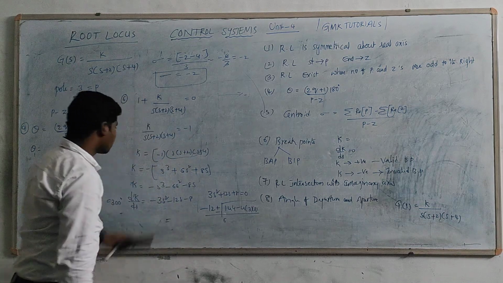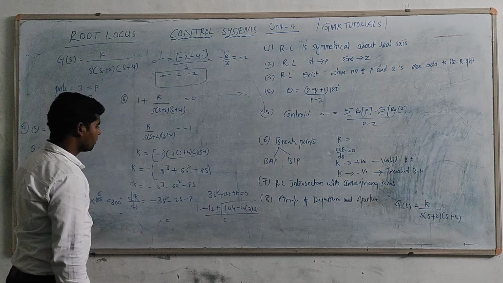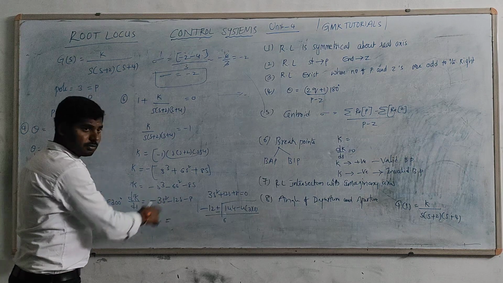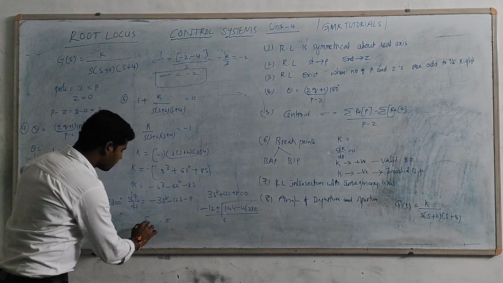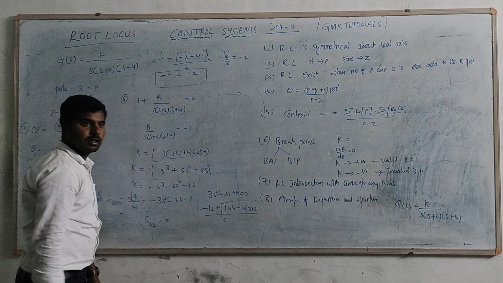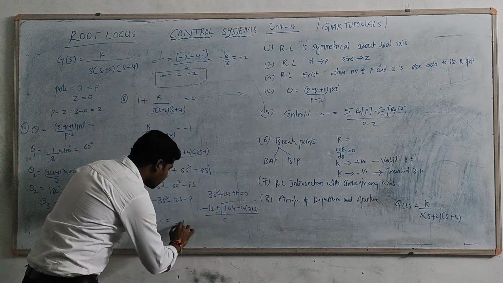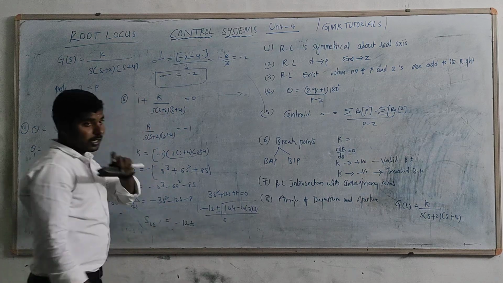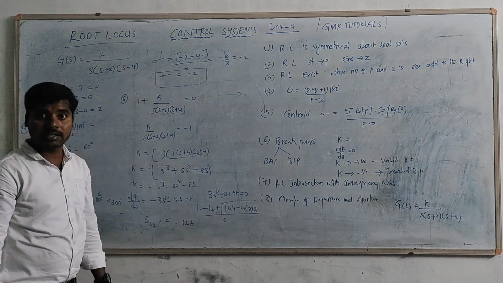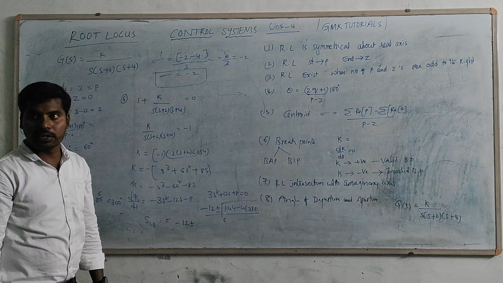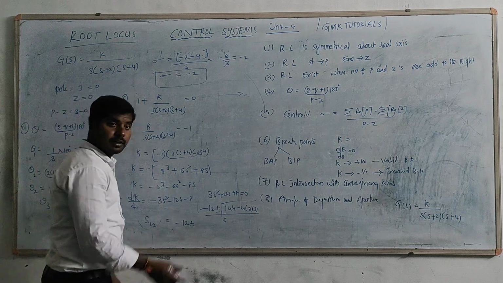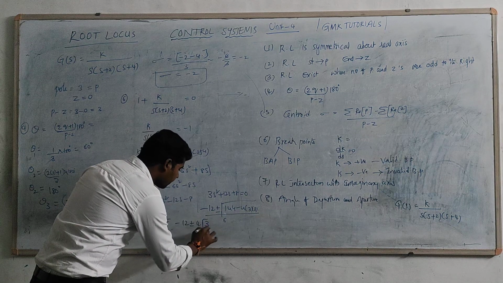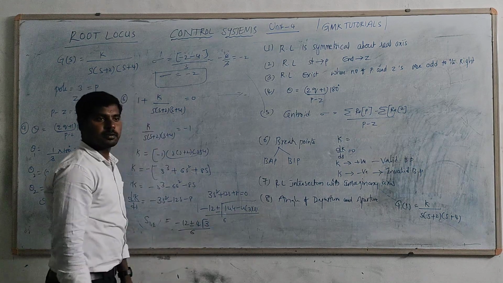So this is a 3s square equation. There is a possibility of 2 roots, therefore s1, s2. You will get minus 12 plus or minus the square root of 48. 48 can be represented as 16 into 3, so we take 4 out as a common value. Therefore we represent it as 4 root 3 divided by 6.